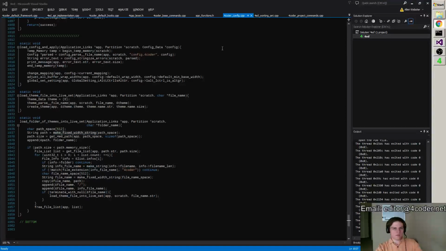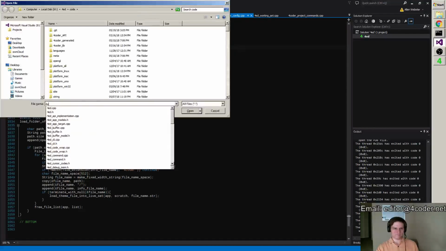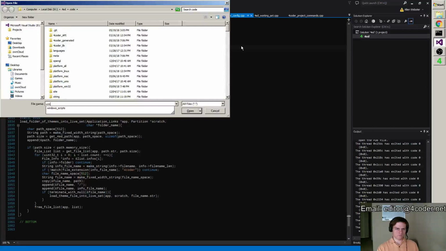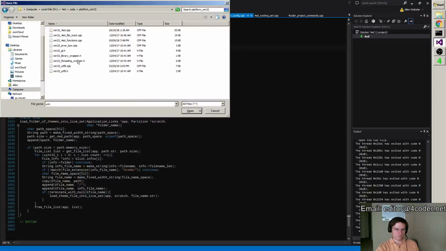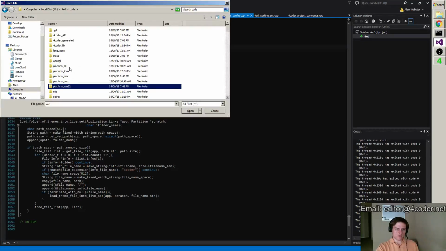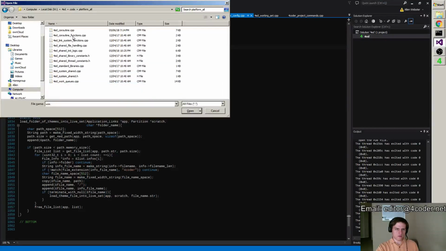Jim has a question about how the 4coder custom DLL thing works. Give me a minute, I will go find out, because I can't remember. It's probably under System Share or Platform All.